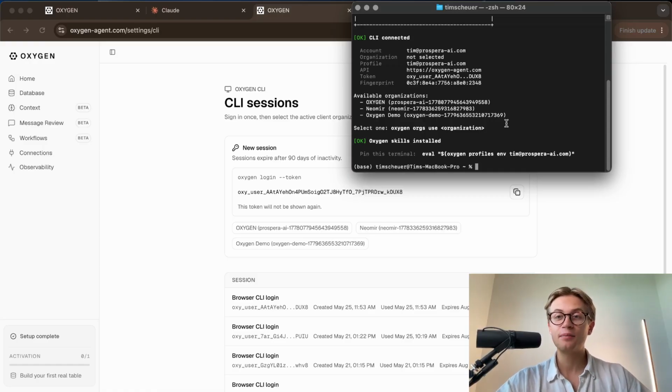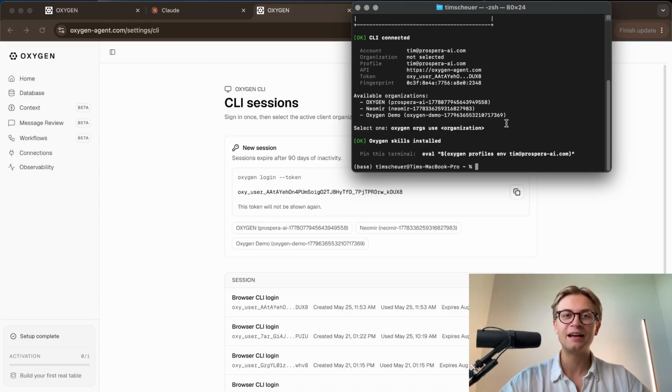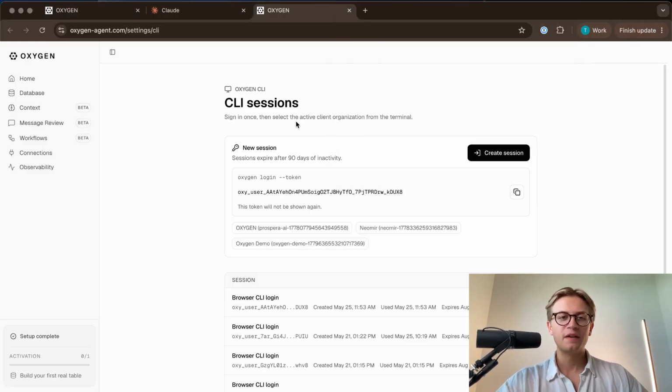And in case something goes wrong, a quick tip is that you just paste the input back to Claude Code and ask it to help you set it up properly so that it works, and reference the docs that we have. And aside from this, once you're done, now that we have the CLI installed,